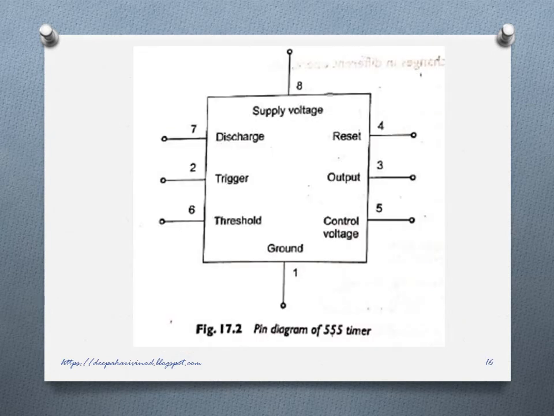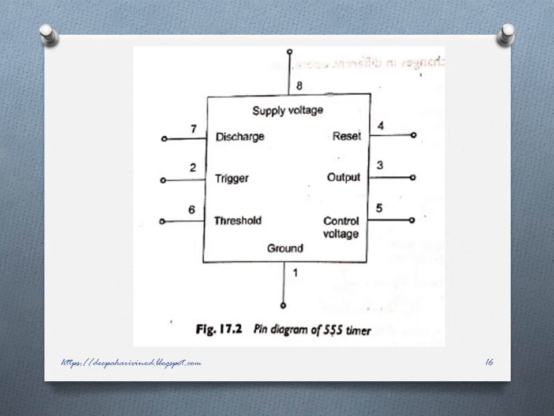The 555 timer IC. It is an 8-pin IC. It comprises two op-amp comparators set at 2 by 3 VCC and 1 by 3 VCC respectively. A three-resistor circuit is used to obtain the voltages 2 by 3 VCC and 1 by 3 VCC to set the comparators. The comparator output sets or resets the flip-flop, which feeds the output stage. An RS flip-flop is used.